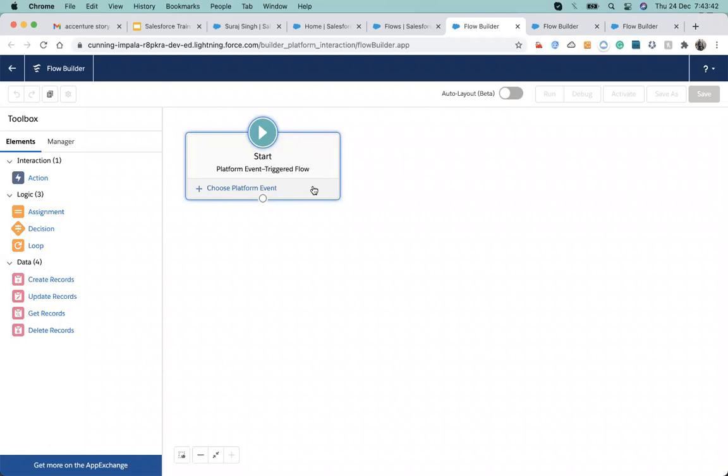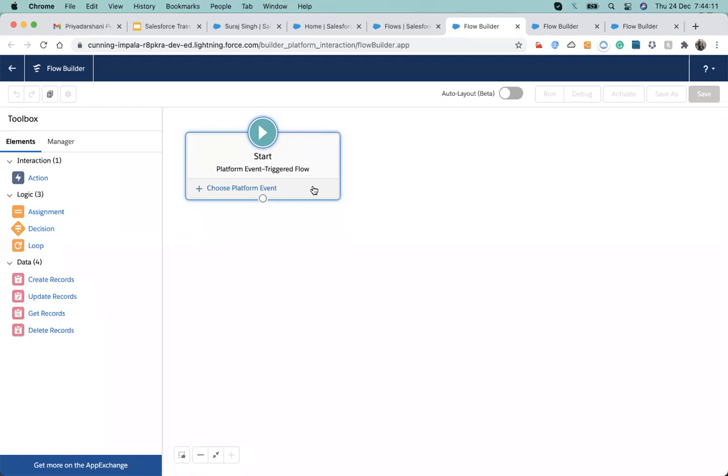Whenever any data change happens, suppose a record is updated and I want to send that notification to our legacy system so that it will make changes in its system too according to the update, I will create a platform event for the record update. Whenever the record is updated, it will create a platform event and broadcast the message, hey, that record is updated.